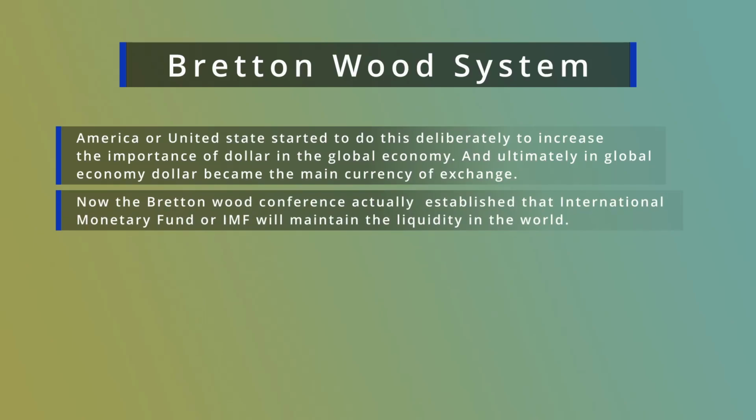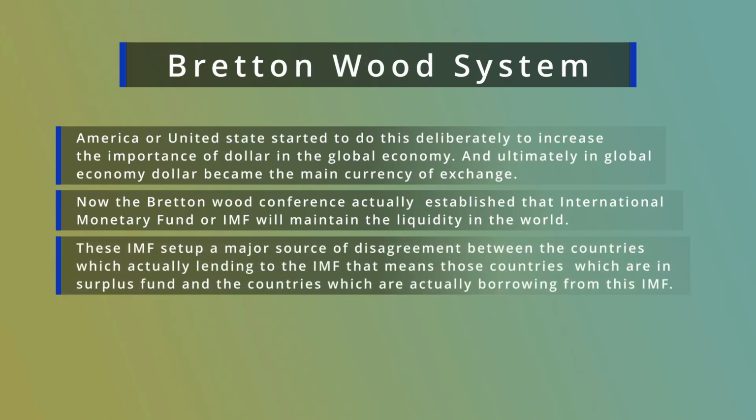Now the Bretton Woods Conference established that the International Monetary Fund, or IMF, will maintain the liquidity in the world. This IMF set up a major source of disagreement between the countries which were lending to the IMF, that means those countries which are in surplus with surplus fund, and the countries which were borrowing from this IMF. Among the borrowing countries, the leading one was the UK, and among the lending countries, the leading role was played by the United States. So the two main architects, the United States and the United Kingdom, were actually with different,